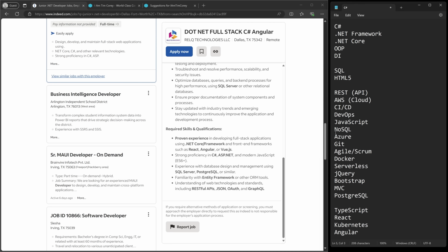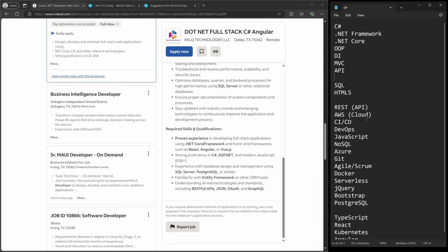And let's come down here and look at some other things. I think that's MVC. There we go. Let's put that in the list. And API. So we have API right here. I'll put REST in parentheses because if you learn API, I'm not sure if you're familiar with REST, but REST